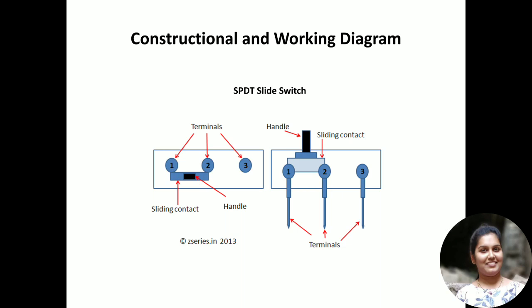Okay, so here we can see this by moving the handle. Here the sliding contacts will make contact between any of these three terminals. So when any of these three terminals comes in contact, its respective electrical circuit will come into action. Just a push or a slight force applied with our fingertips will make this handle move between these three terminals. Okay, this is nothing but a single pole double throw switch.